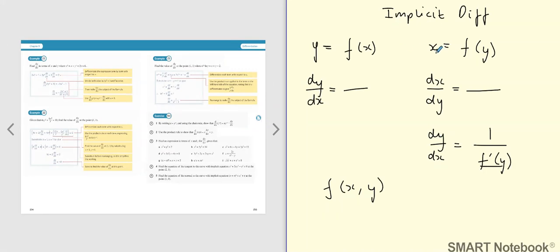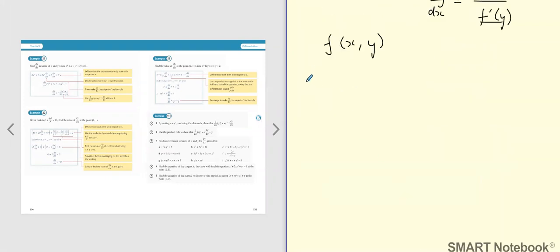So if ever you see a function of x and y where it's difficult to make one letter the subject, that's where we're going to use implicit differentiation. So I'm just going to give you a trivial example. Let's say we had x squared plus 3y equals 0. Now I know you can make y the subject here, but just to show you how you would go about differentiating this so that you can understand,